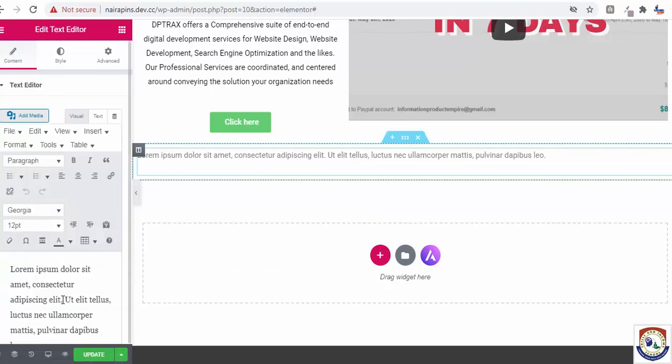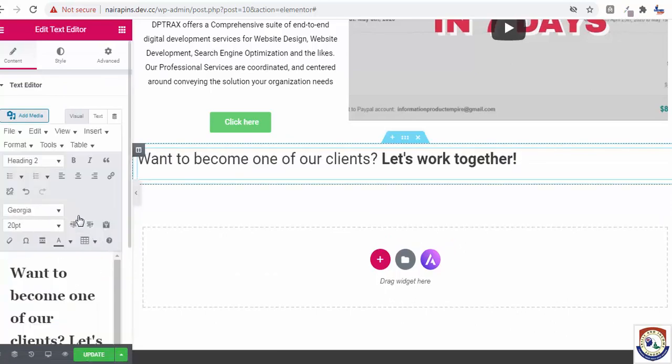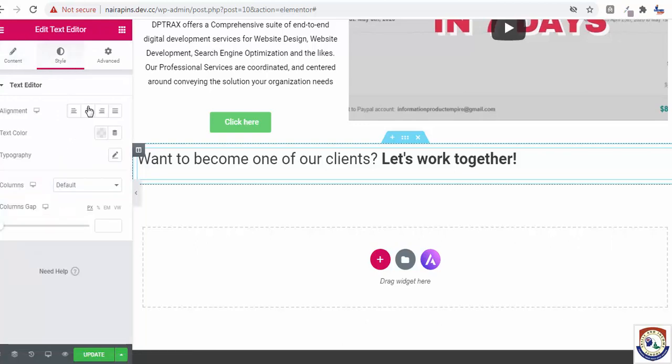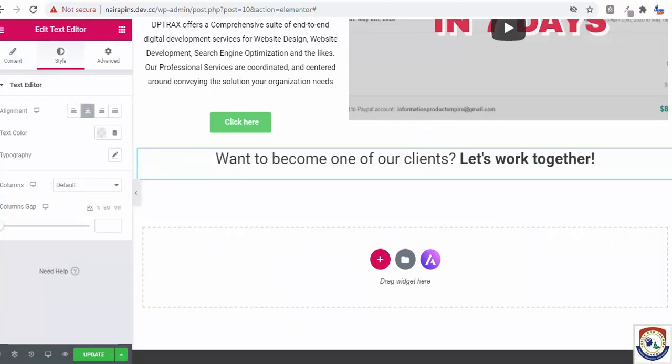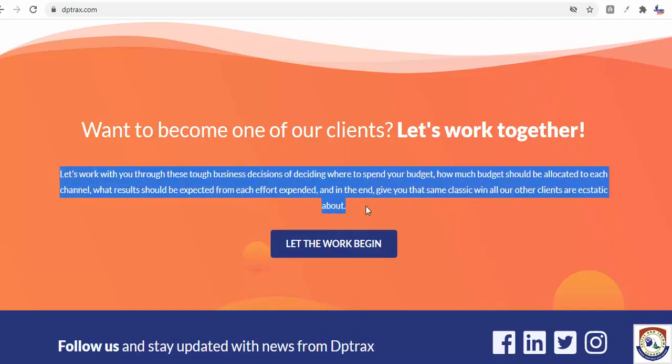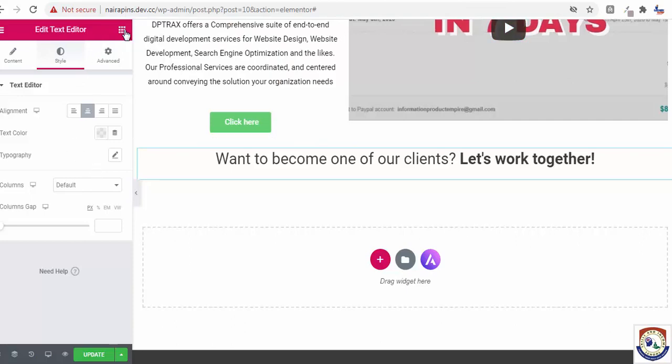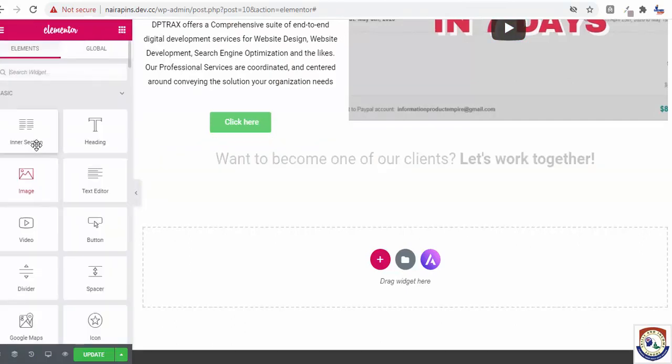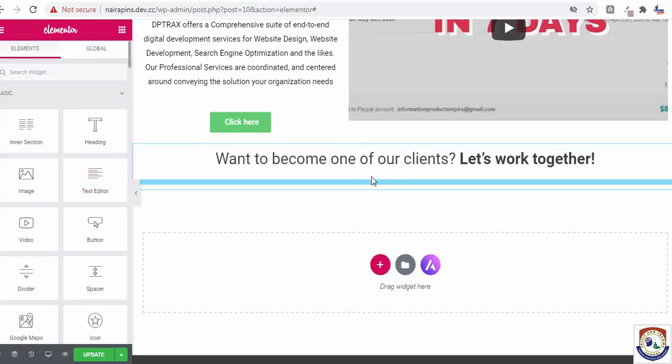You copy this link, you paste it there. Then you go to style and make it center. So that is it for that. I think it is a white background. You cannot use a white background now. Now let's work on this first. Ctrl C, and the text also here. Text editor here.